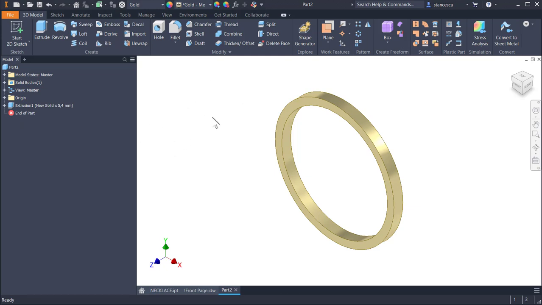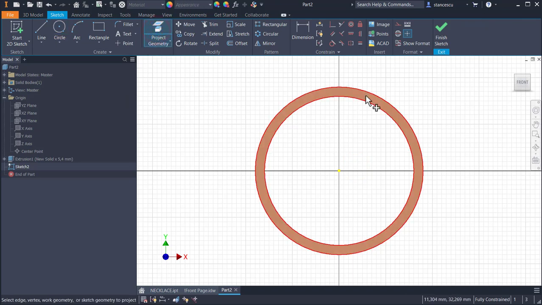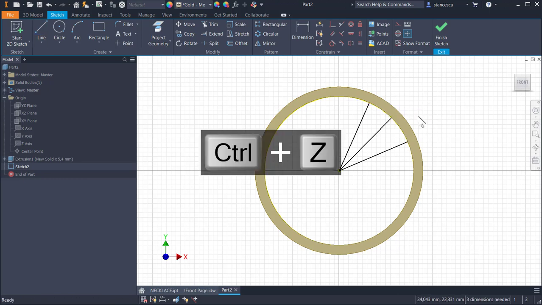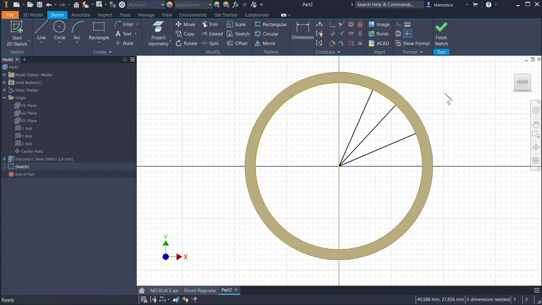We start by creating a sketch. So I use this plane and I project geometry this circle and I draw lines. 1, 2, 3. I hope that they are not constrained. It is constrained. I want to move. Oh no. Okay, not constrained. I also project the vertical y-axis